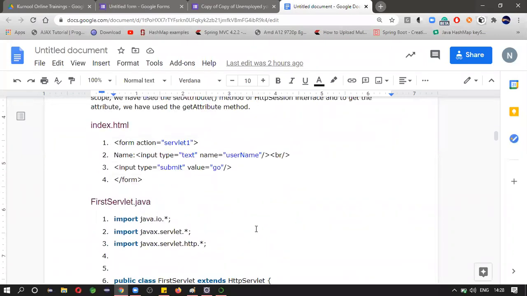There is a redirect method, right? request dot send redirect. There you can see a new request will be created. Okay, what I mean by new request means previously one request is there,